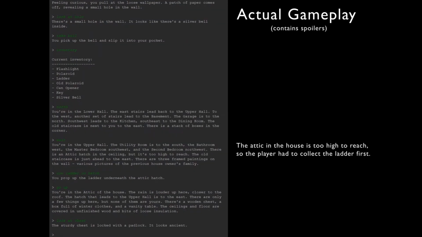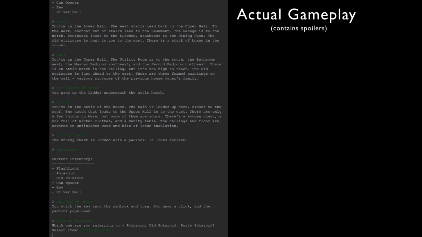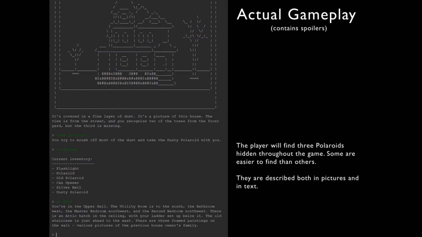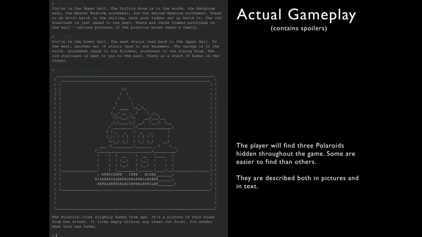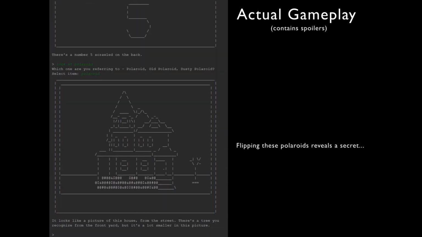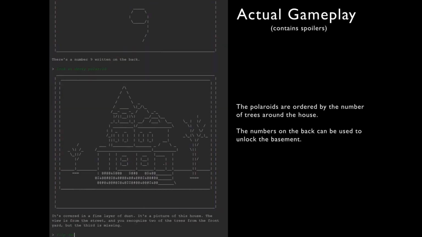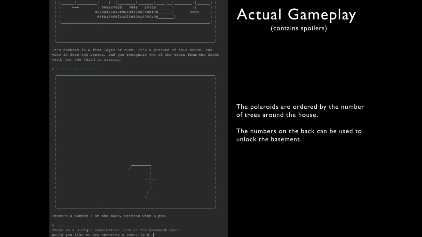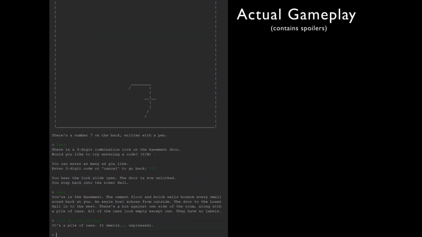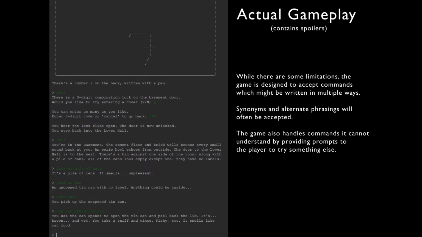Here you can see the attic in the house is too high to reach, so the player has to collect the ladder first to reach the attic. The player will eventually find 3 Polaroids hidden throughout the game. Some are easier to find than others. They are described in both pictures and text, and when you flip these Polaroids over, they reveal a few numbers. And if you combine these numbers, they will give you a code that leads to the house's basement. Once you go in this basement, you're going to find more items to reach the conclusion of the game,